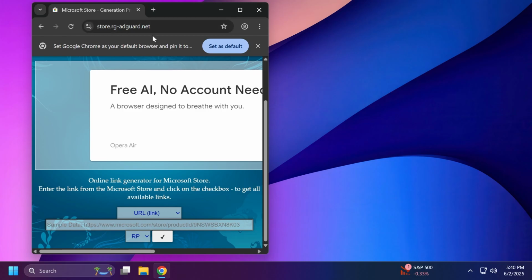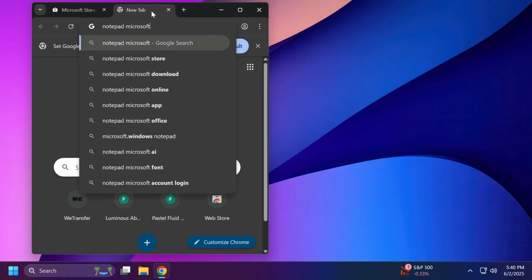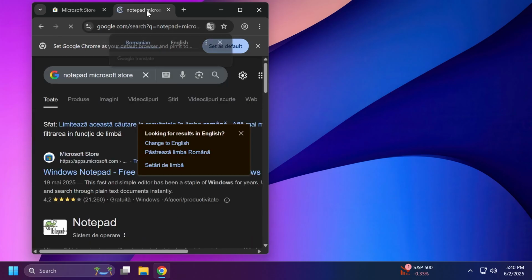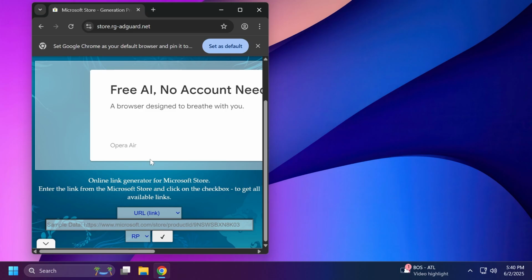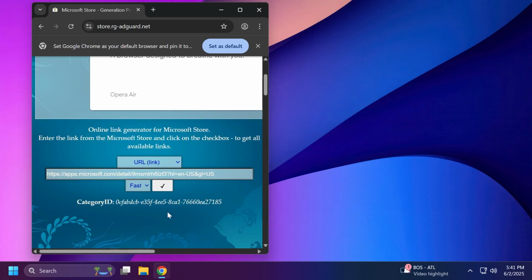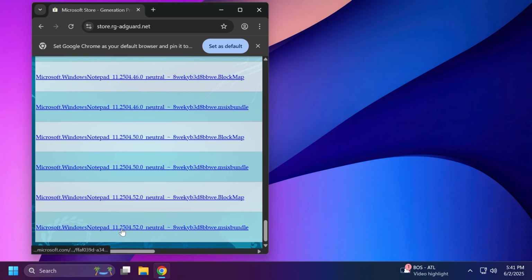Of course, you're going to have this in the article below, but we're going to have to type on Google Notepad Microsoft Store because we're going to need the official link of Windows Notepad. We're going to copy the link from the Microsoft Store, then go into this platform, select your URL link, paste the Notepad link, and then from this drop down where it says RP, select fast, and then click on this check mark. Now it will get us the packages, and if we scroll down at the bottom, we should see the Notepad version that we need, which is